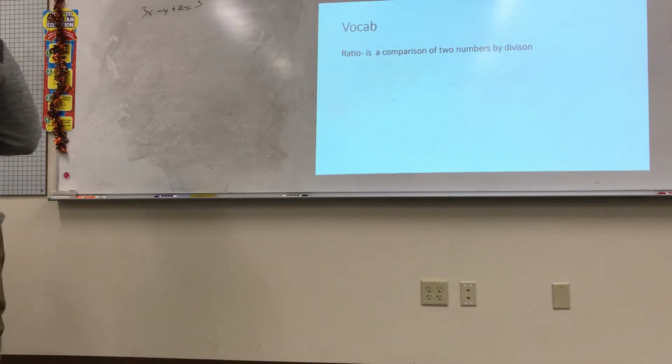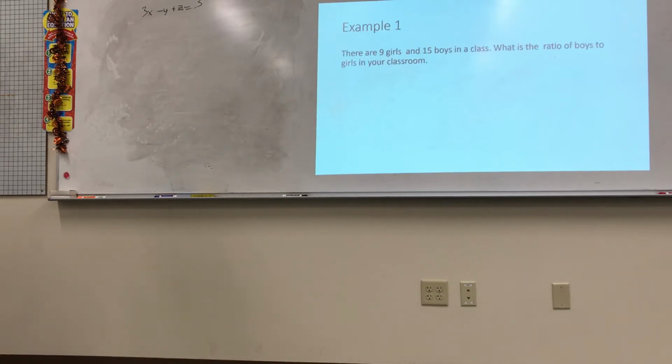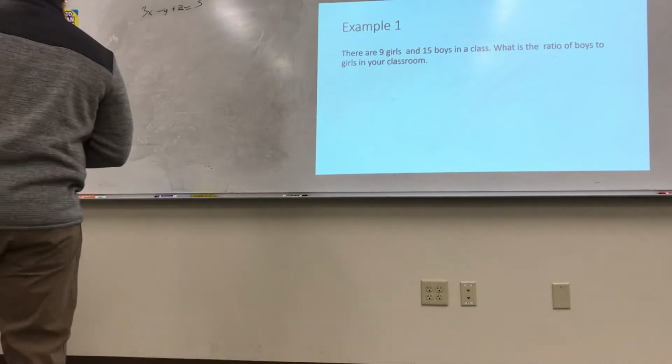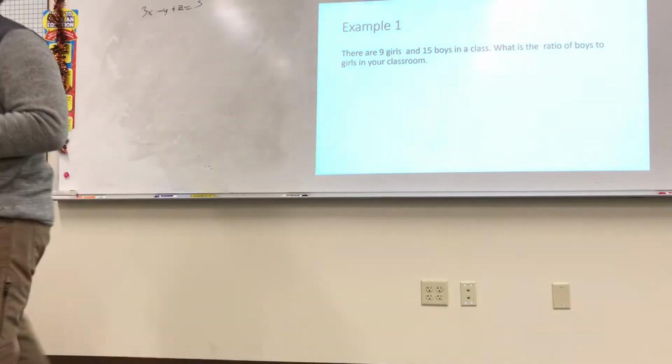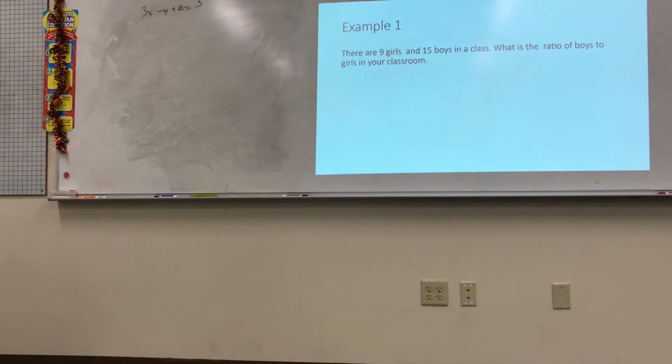Okay. Vocab. A ratio is a comparison of two numbers by division. There are 9 girls and 15 boys in a class. What is the ratio of boys to girls in the class? Well, boys come first in this example, so the ratio should be boys to girls. So you have